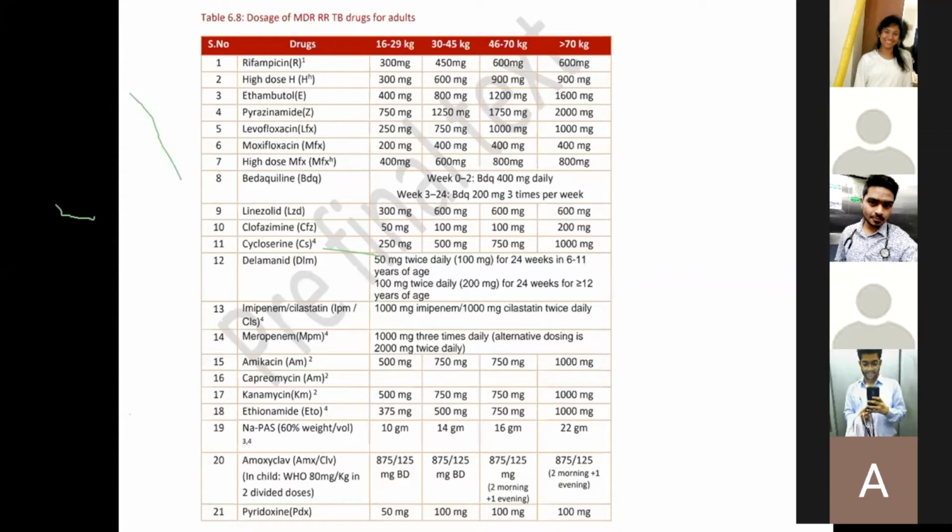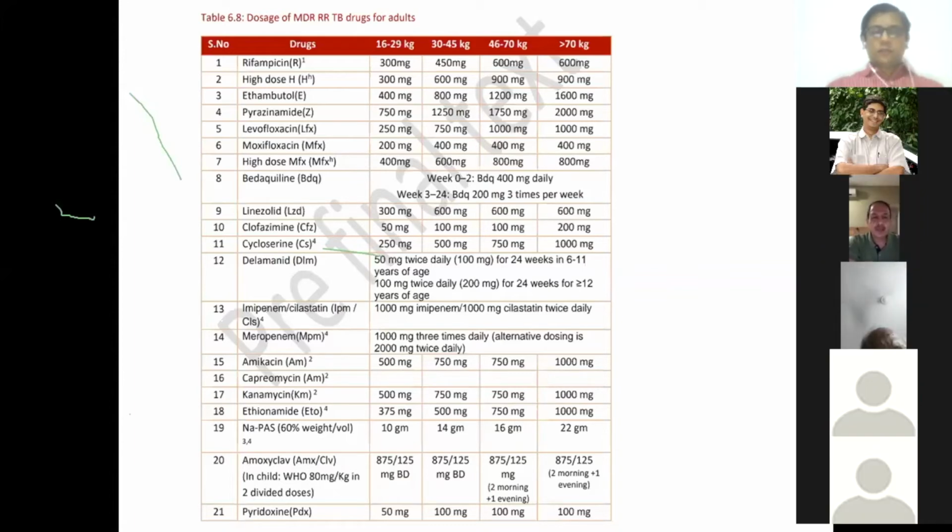So, Dr. Deep, in other words, which are the most important drugs in first line and which are the most important in second line? If you say first line, then INH and rifampicin are the most important drugs out of the 4. And when it comes to second line, the injectable agents and the quinolones are most important, followed by linezolid and cycloserine. These have more side effects compared to others. Most others are relatively bacteriostatic.